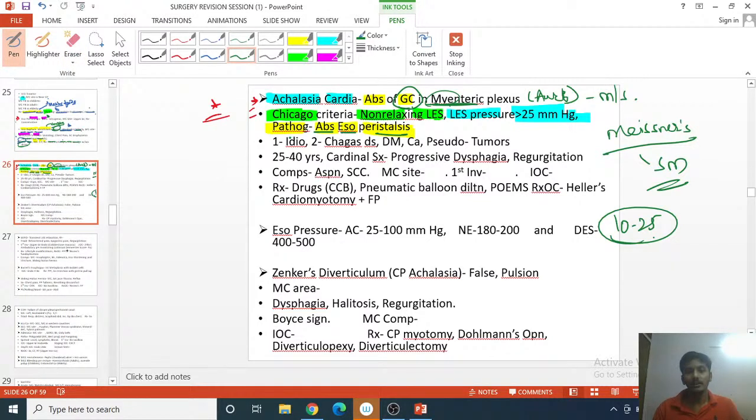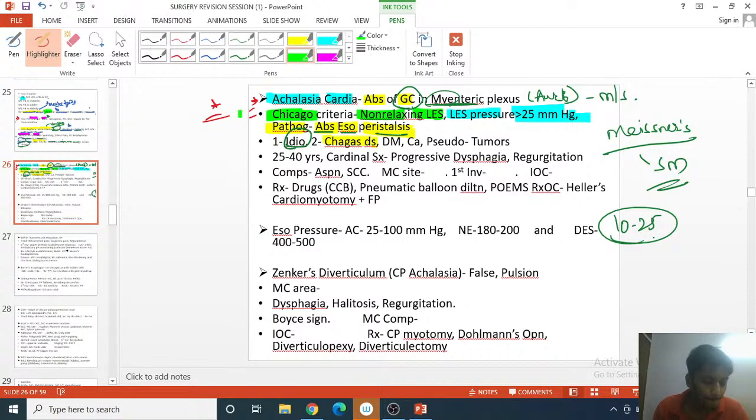So primary, it does not have a known cause. Okay, so it is idiopathic. What is the most common cause of primary? Idiopathic. You do not know the cause. And in secondary there is some underlying pathology which has led to achalasia, and that underlying pathology can be, yes, your Chagas disease. Chagas disease is also known as